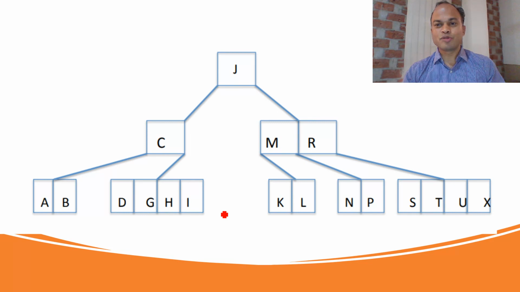If we observe this tree, all the properties of the B tree are satisfied: the minimum number of keys should be 2 in the leaf node and the maximum number of keys should be 4 in the leaf node, and at the level above, the minimum number of keys should be 1, because the number of children should be 2 and keys should be 1. The minimum property is satisfied and the maximum property is also satisfied. So in this way we can perform the insert operation and the delete operation.